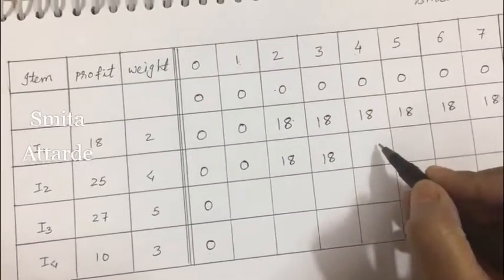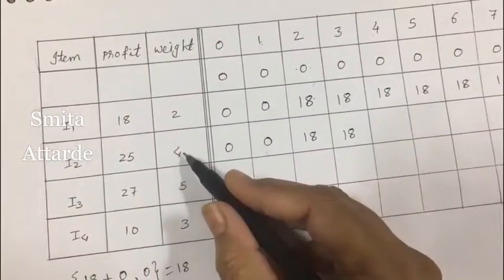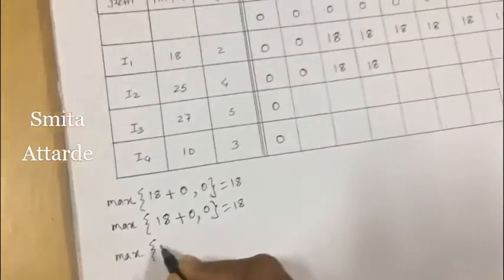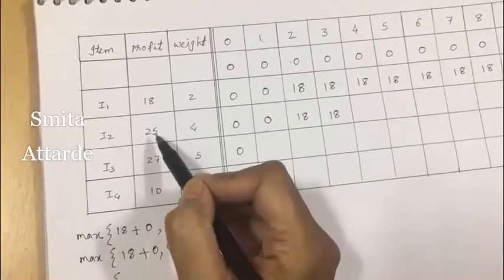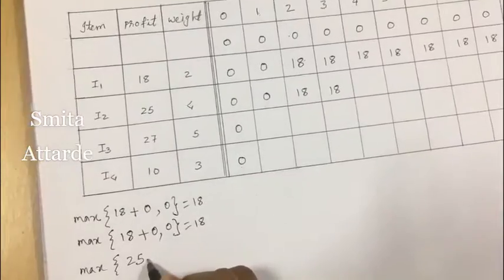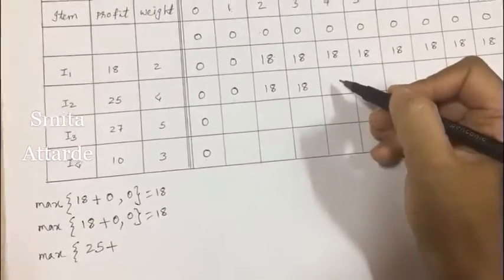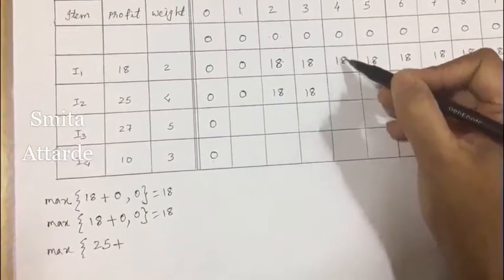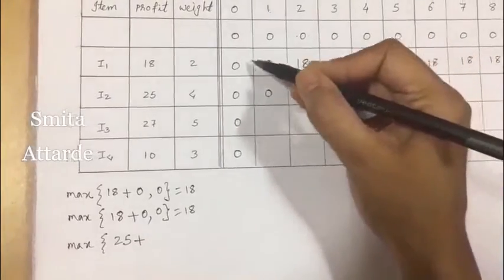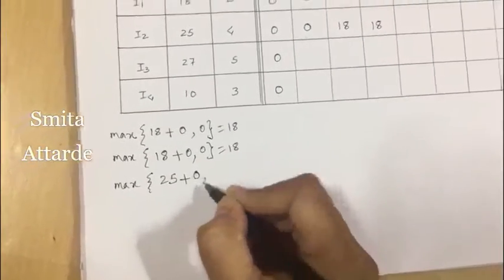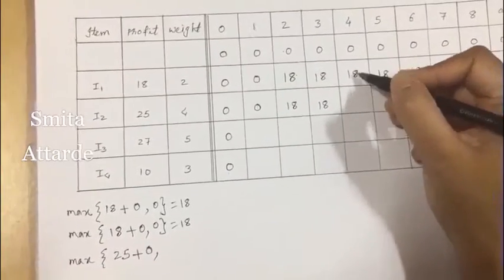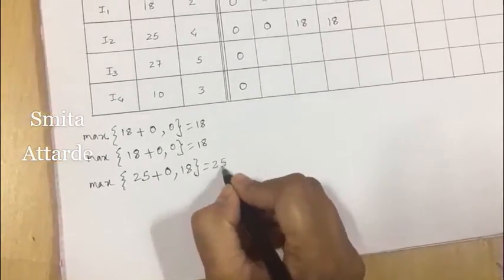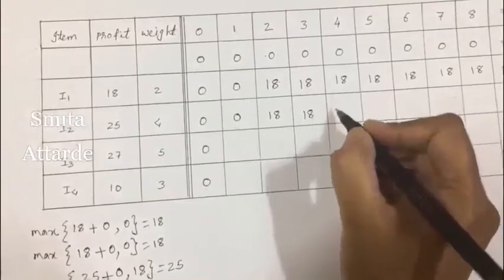Now to find out this value, the capacity is 4 and the weight of this item is 4. So yes, we are going to get some profit. So again, I will consider the formula: max of, we consider item 2 profit value is 25 plus. Now we are here. So the weight of this item is 4. So go one row above and 4 steps behind. So 1, 2, 3 and 4. So this 0, comma. The second value is one row above, that is 18. So what we have, the maximum amount is 25. So I have calculated 25. I will write that value here.